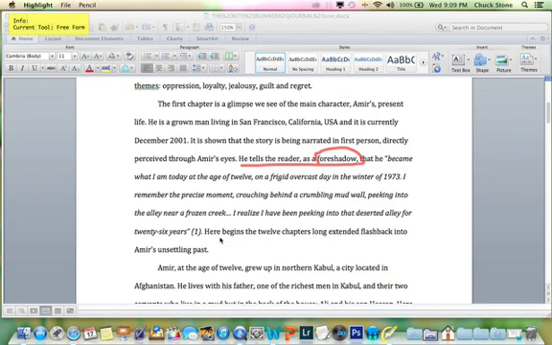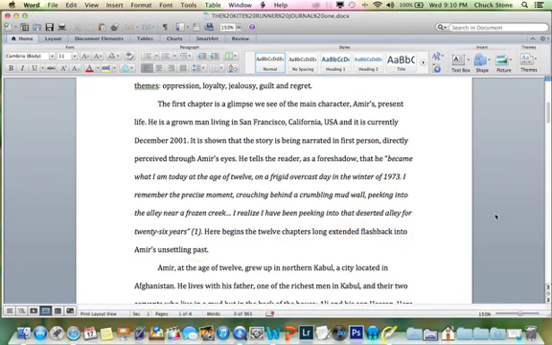And then a very telling summation. Here begins a 12 chapters long extended flashback into Amir's unsettling past. So we have clues as to what's going to be said and what the significance of that is. He has a sinister past, an unsettling past, and what is coming. The next 12 chapters are looking back into when he was younger and how that has been a formative influence